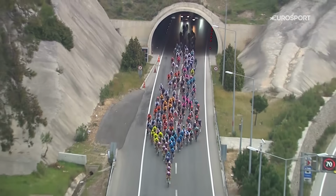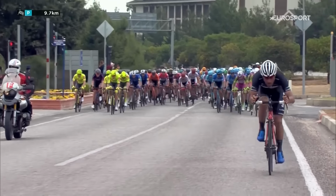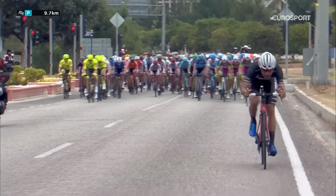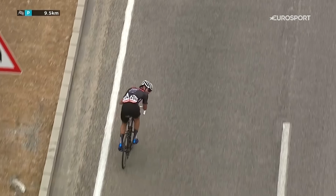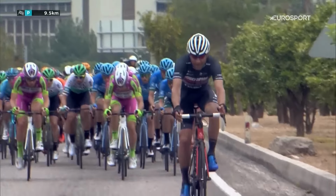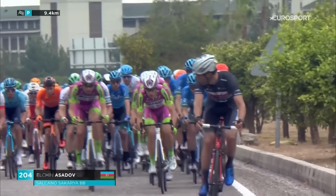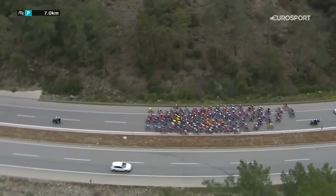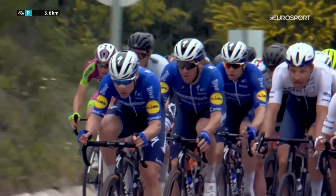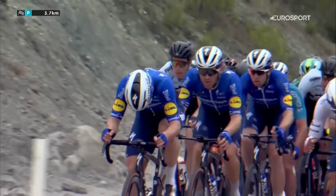Some tunnels involved, we dealt with all of those, made the big turn at Antalya, but with 2 kilometres to go, we had a roundabout to deal with, and that was causing just a few nerves. They wanted to be in a good place. Azadov decided to push off from Salcano Sakira. He is a sprinter, but was never going to feature at the pointy end today